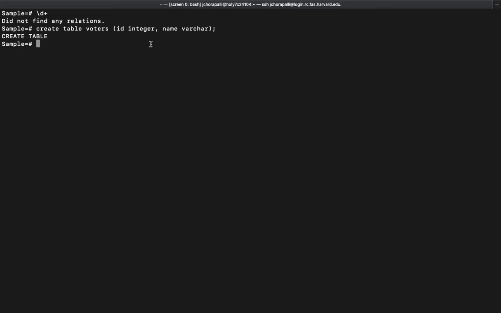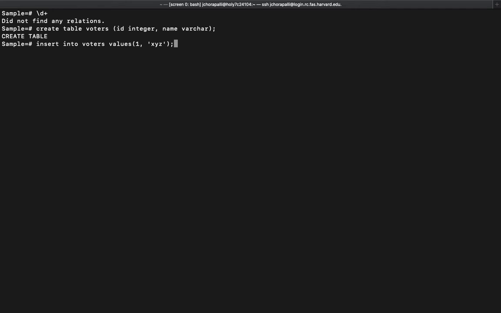Now let us insert some values into the voters table. Insert into the table name, which is voters, and the values can be 1 and XYZ.